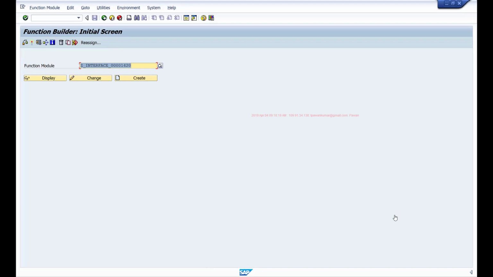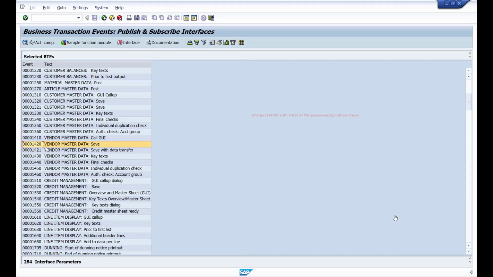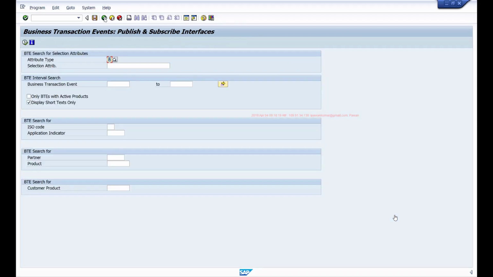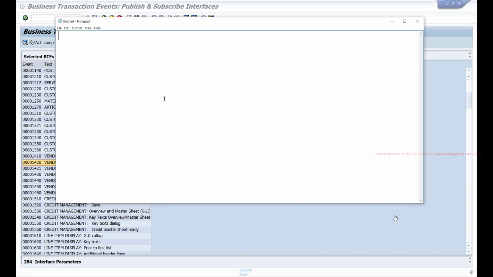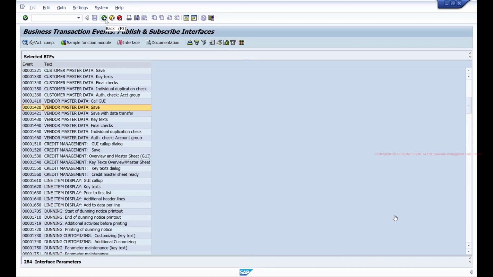So this is the function module that I've created. Once you have that function module, you go back to this and make a note of this event, 1420, and this is the function module we have defined. Now we need to create a product and map this function module to the product.